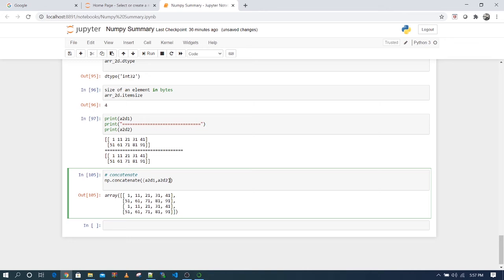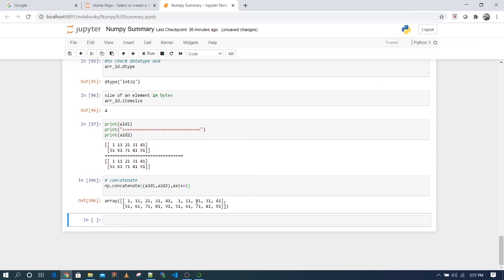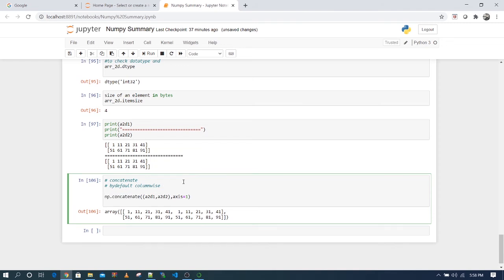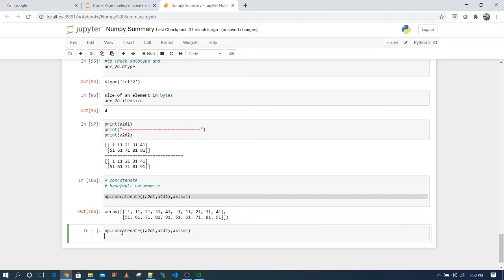If you want to concatenate row-wise, then you have to pass axis equals 1. So now it has concatenated row-wise. By default it is column-wise, and if you want row-wise, then you have to pass axis equals 1. So let me show you both these approaches side by side.